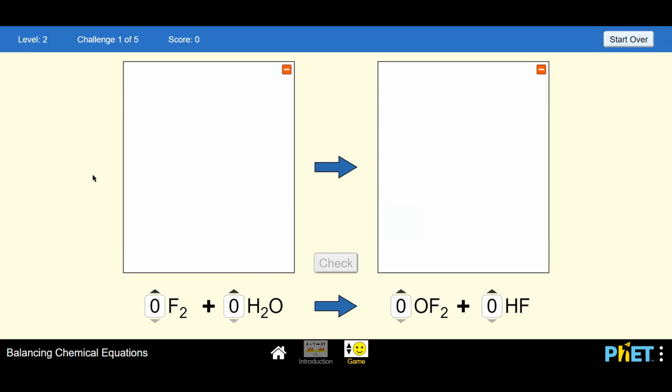If you've used the other part of this simulation before, then you remember that in this simulation what we're essentially doing is changing the coefficients, the numbers out in front of the reactants and the numbers out in front of the products. So for example, if I add one water molecule on the left-hand side,